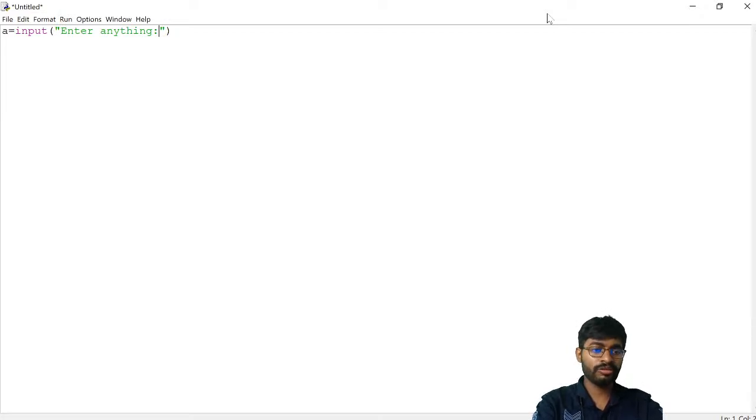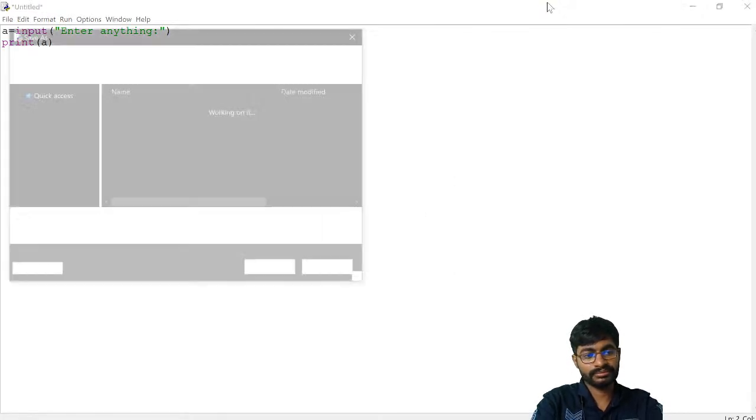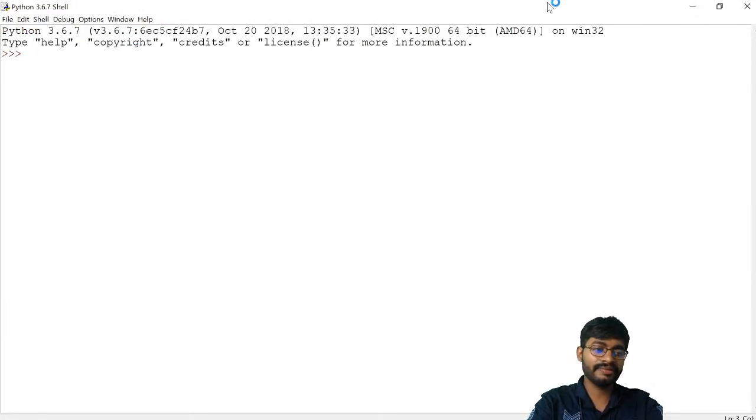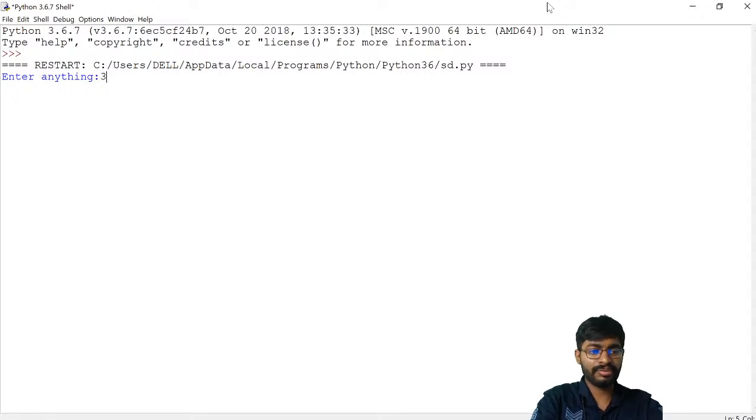Now whatever data it collects, I should be able to see, so print. That's it, collected data, printed data. As per C++, this is cin and cout. Cout is nothing but print, cin is nothing but input. I have to save it, so I am saving in that directory itself. I am providing the data 32. Here it has received the data and printed it.